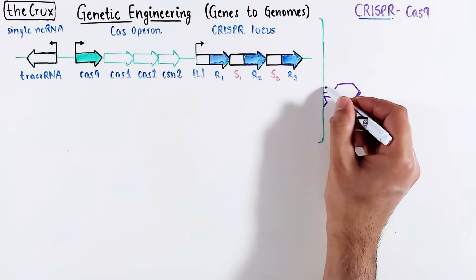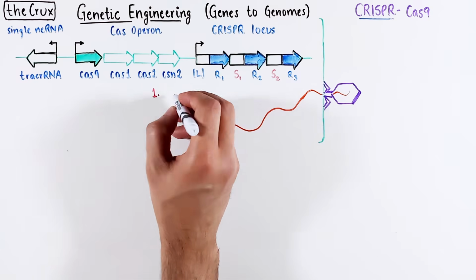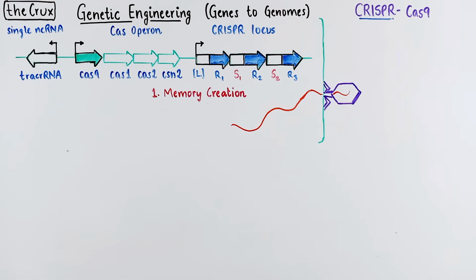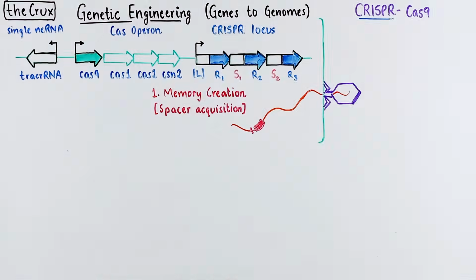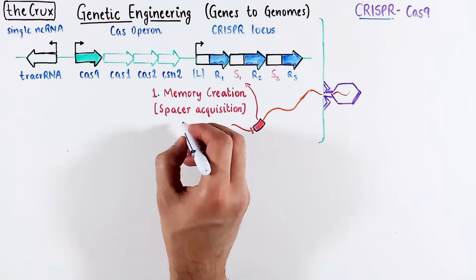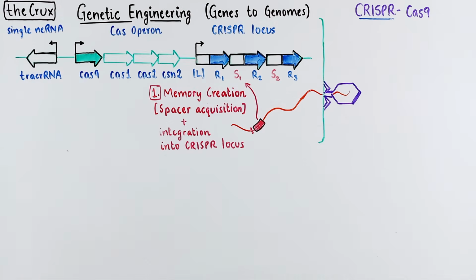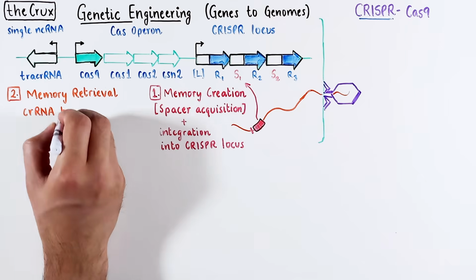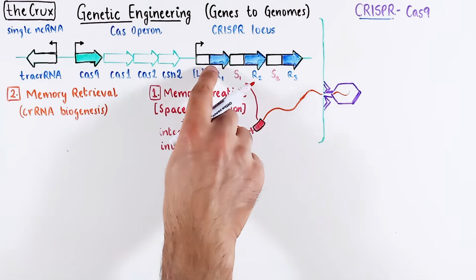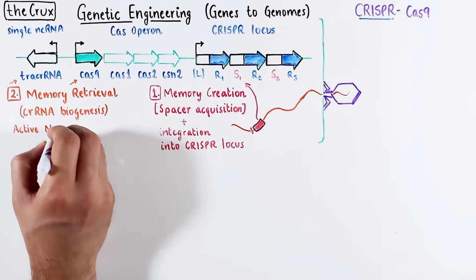When a foreign DNA enters the bacteria, the first step in adaptive immunity creates the memory of the invader. In this step, a spacer is acquired, meaning that a small piece of DNA from the pathogen is taken and inserted into the CRISPR locus. After creating this memory in the form of a DNA sequence, the bacteria retrieves this memory from the CRISPR locus, where the CRISPR locus is converted into an RNA, and with the help of tracrRNA and Cas9 protein, an active